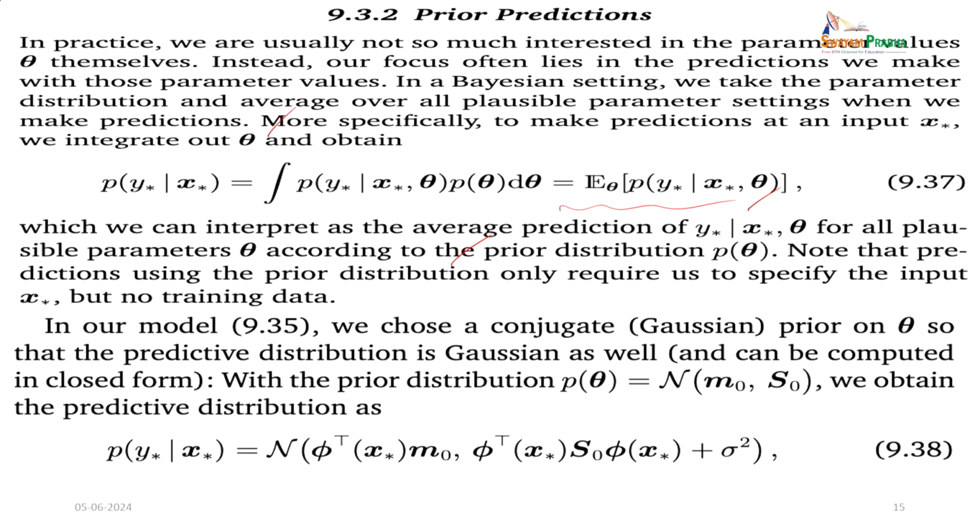So, in our model we choose a conjugate prior on theta, so the predictive distribution is Gaussian as well. With the prior distribution p of theta equal to N of m_0, S_0, we obtain the predictive distribution as p of y star given x star, which is equal to N of phi transpose x star times m_0, phi transpose of x star S_0 phi of x star plus sigma squared,